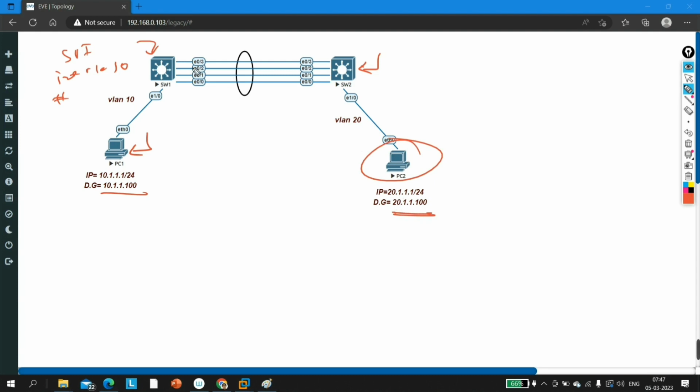You know why? Because this is a layer 3 switch, so we can use this switch for routing and switching both, right? Just you need to run one command, ip routing, in global configuration mode to enable routing. And if you check the routing table of this switch, there will be only one network, the 10.1.1.0 network. If you check the routing table of the other switch, there will be only one network, 20.1.1.0